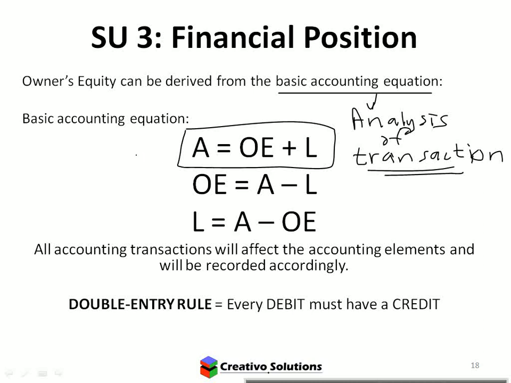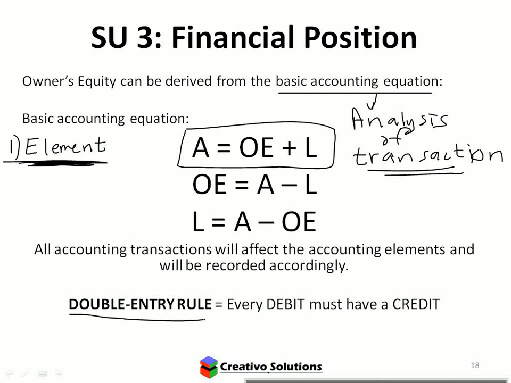So what steps do we need to do that? Step number 1, elements. When I say element, asset, liability, income, expense, that type of thing. That's the first step. We'll see more steps later, but that's what we need to do. So when you analyze a transaction, just remember to always identify the elements. Do you have an asset? Do you have a liability? What do you have? If you know what you have, then you know how to treat it. You'll know what to do, because the rules are very, very specific.